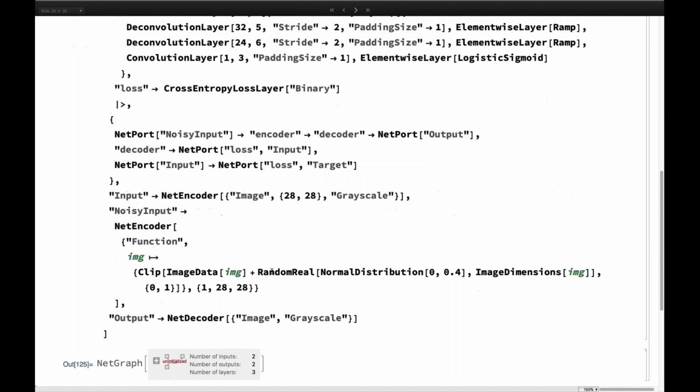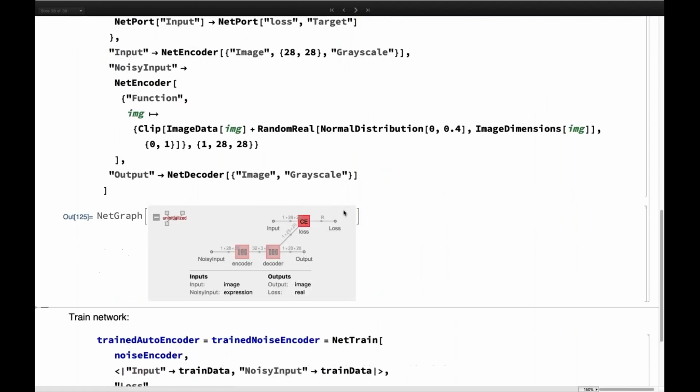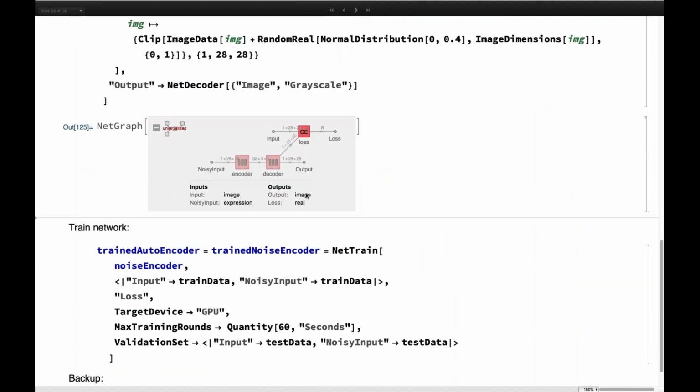So the entire network is down here, and it looks like this. It will essentially take input. At the end of the day, it will be noisy input. That's the whole idea of this network. Of handwritten digits, and then it should try to decode it, and the output should be the clean image of the image that we have.